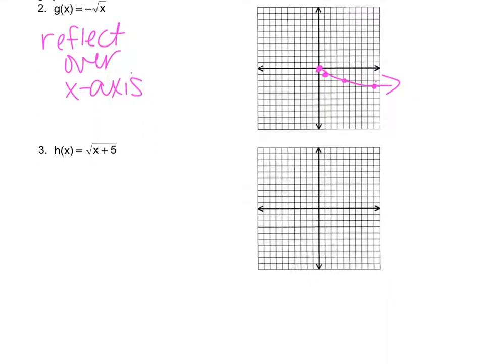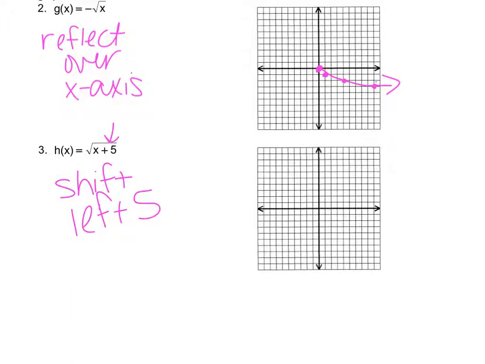The next one, remember we discussed yesterday, anytime we had parentheses on a quadratic, that was a horizontal shift. Anytime a number is added or subtracted under your square root, like this one here, if it's all under the square root, that will also be a horizontal shift. So if it says x plus a number, we're going to be going to the left, same thing as yesterday with the parentheses, and then x minus something is going to be going to the right. So this one we're going to shift